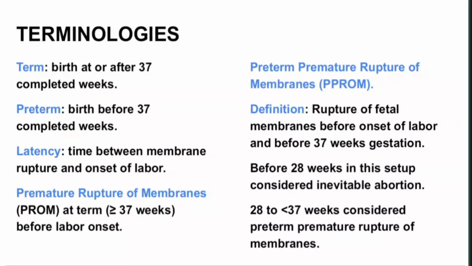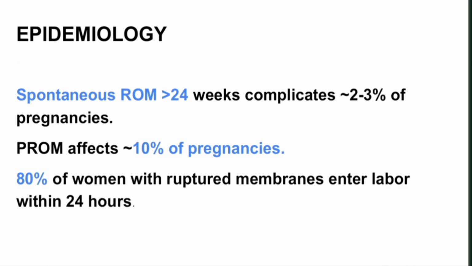Just to put it into perspective, preterm premature rupture of membranes should be between 28 weeks and less than 37 weeks. That's when we consider it preterm premature rupture of membranes. Before 28 weeks, we consider it an inevitable abortion. With that being said, when we're looking at the epidemiology of this condition, we need to know that